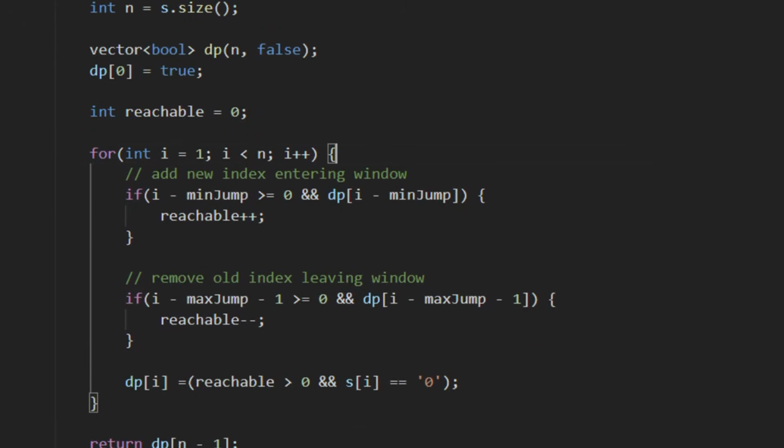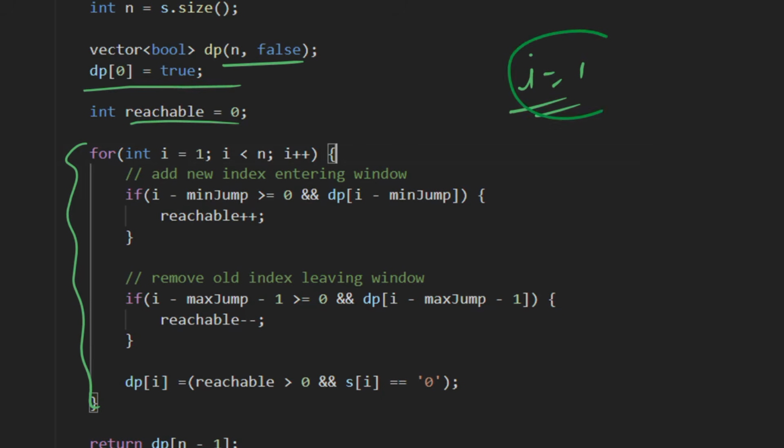So in the code part we have taken a dp array, and we have marked dp of 0 as true, and then we have taken the reachable variable, and then we start from index i equal to 1. Now for each i, the new variable entering the window is i minus min jump.